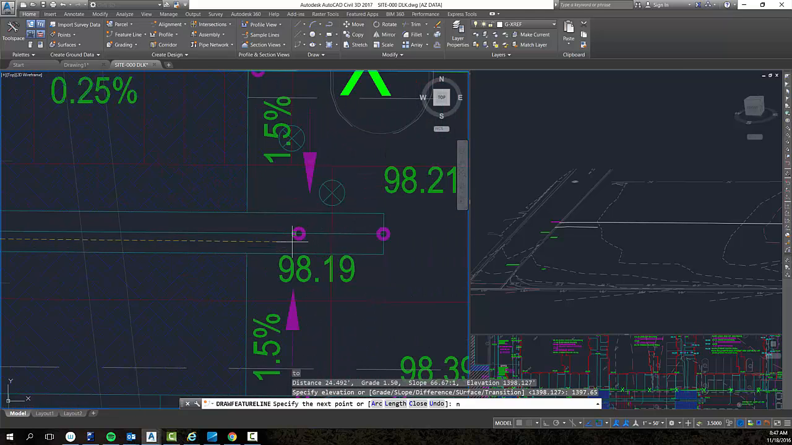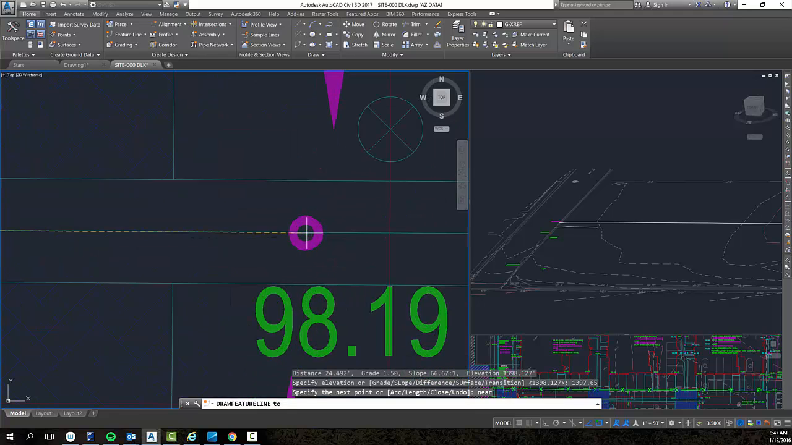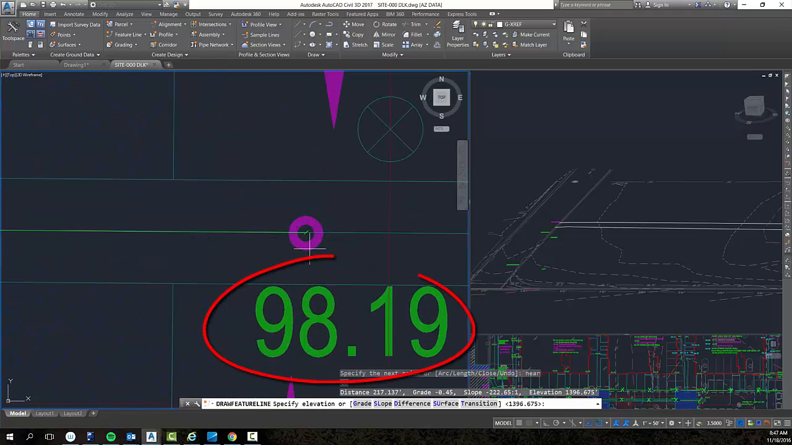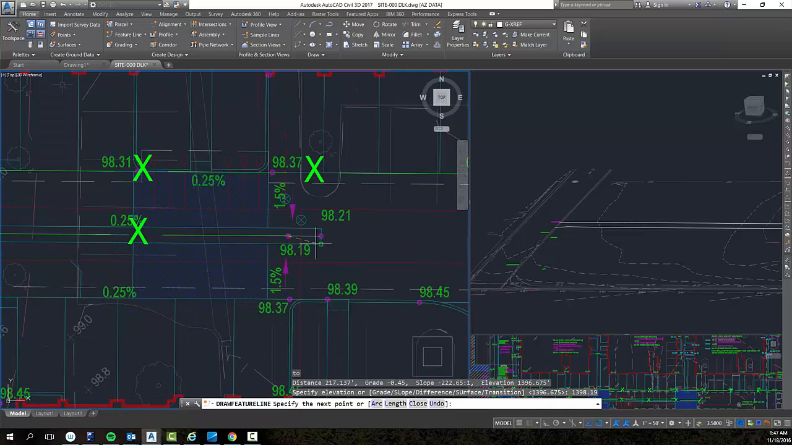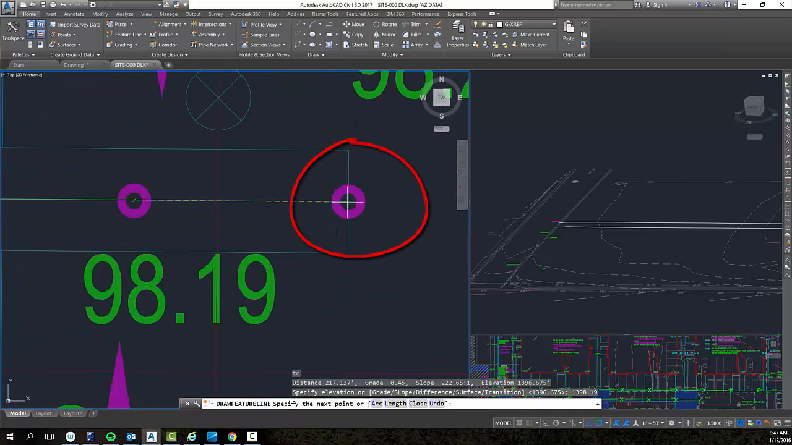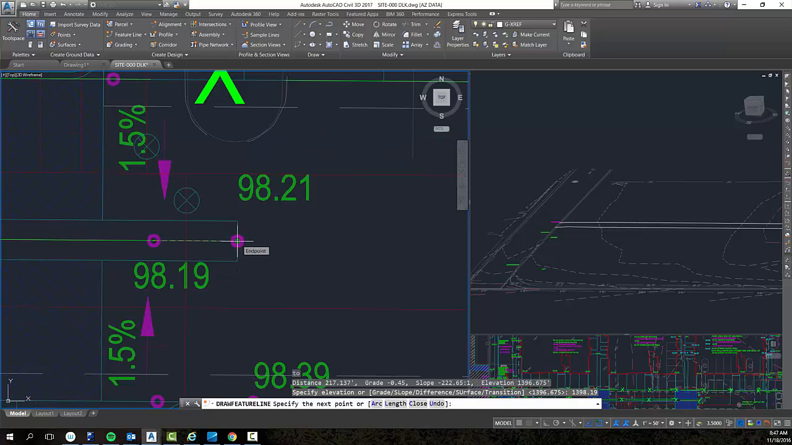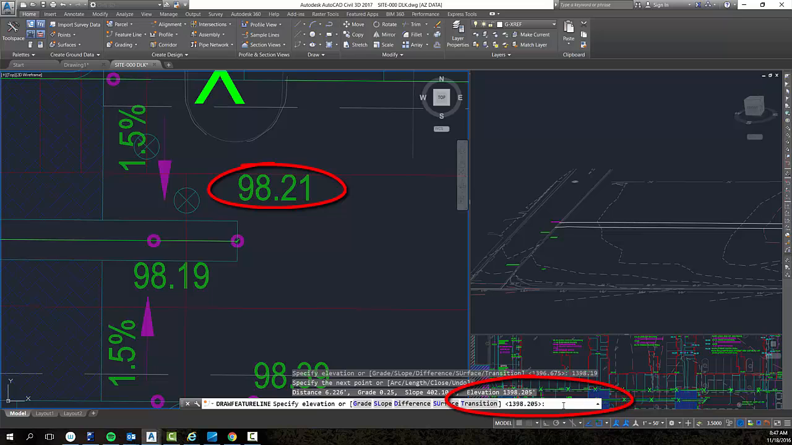I'll go ahead and pick in here. So that elevation is 1398.19. And then we've got this end point here. So I'll pick on that, and that's going to be 98.21. So on the command line, I'm at 1398.21. I'm going to hit return,